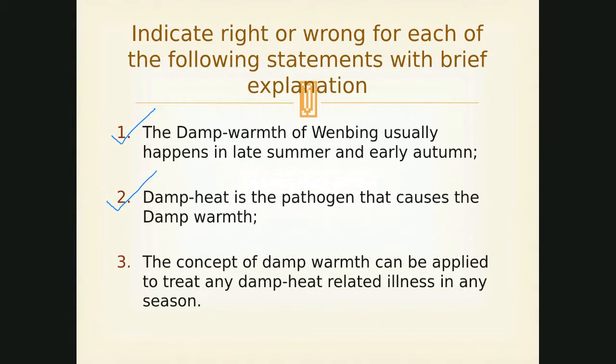So basically, for this statement, they did not mention ratio, just mention damp and heat, two of them, or if you put a slash, it means one. Mingled damp heat is a pathogen that causes damp warm. Yes, that's the correct one. If we do not put the slash linking the damp and heat, it should be plural, so that's a little bit different. Overall, this statement is correct in Chinese.